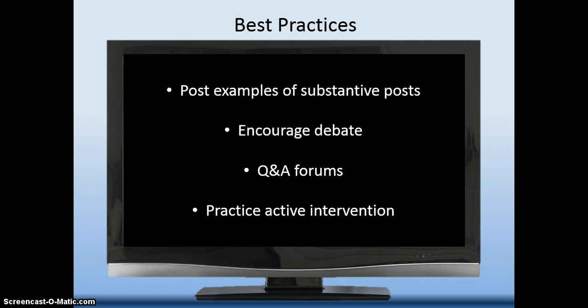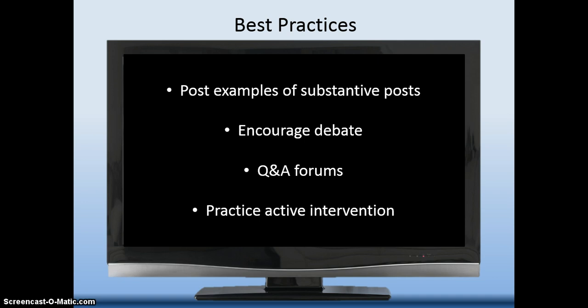Another thing that I would suggest for discussion boards is encouraging debate. Create a choice activity where students can choose a side. This works because it gets students to see opposing viewpoints, to find evidence to back up their own ideals. It just really creates a more dynamic discussion board, and hopefully you'll never just see the words "I agree" or those kind of ones that don't have any thoughts.